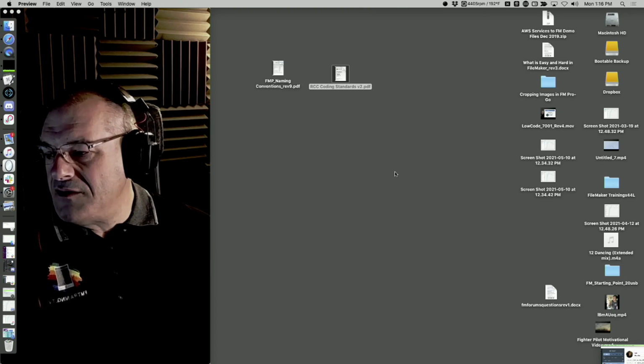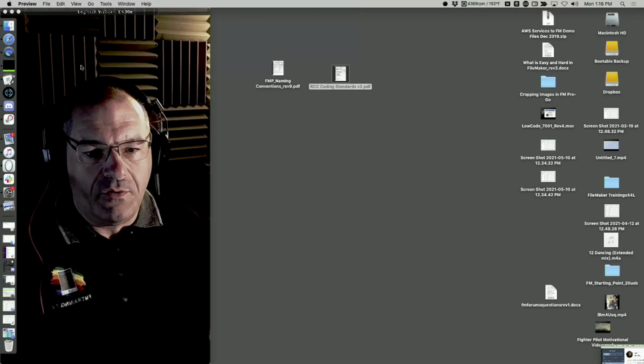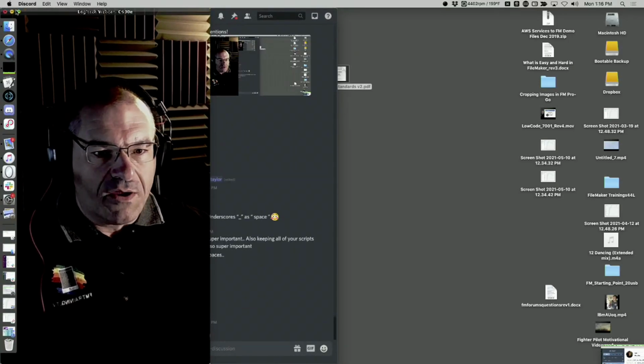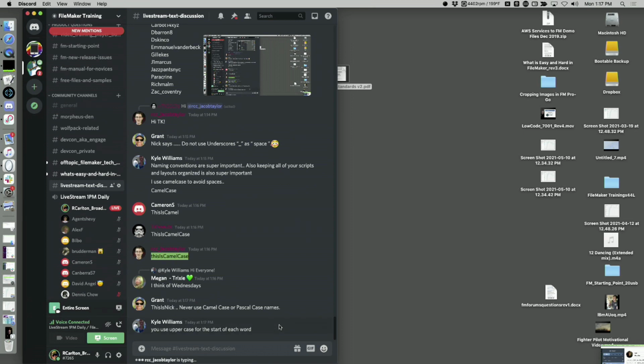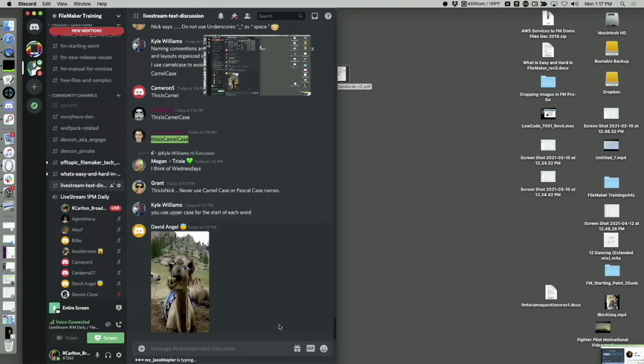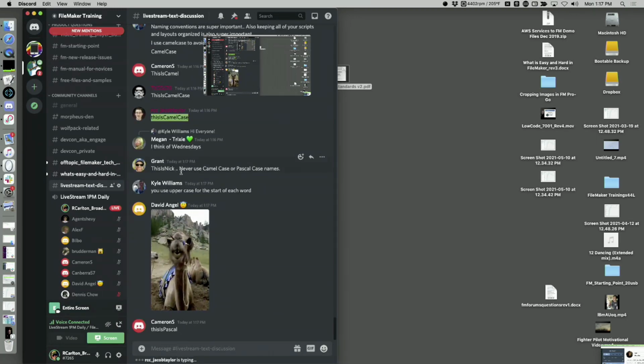I can show what camel case is. Let me go over here to Discord so you guys can see this. So if I come back over here, I'm going to minimize myself. Camel case is where you just write and put the caps on the top letter there. Yeah, when I say camel case, that's what I think of right here. Okay, so the letters are the humps. Okay, good. Well, that's one of those things that when you've been doing this long enough, you don't realize that you missed something important. But that's not camel case.